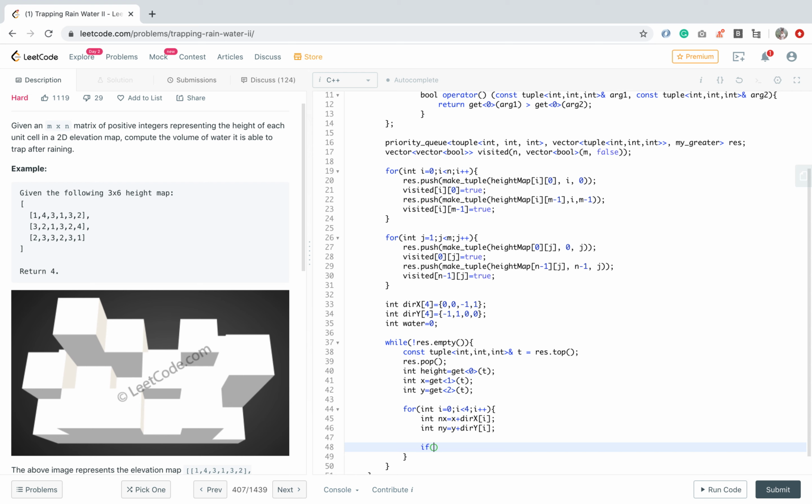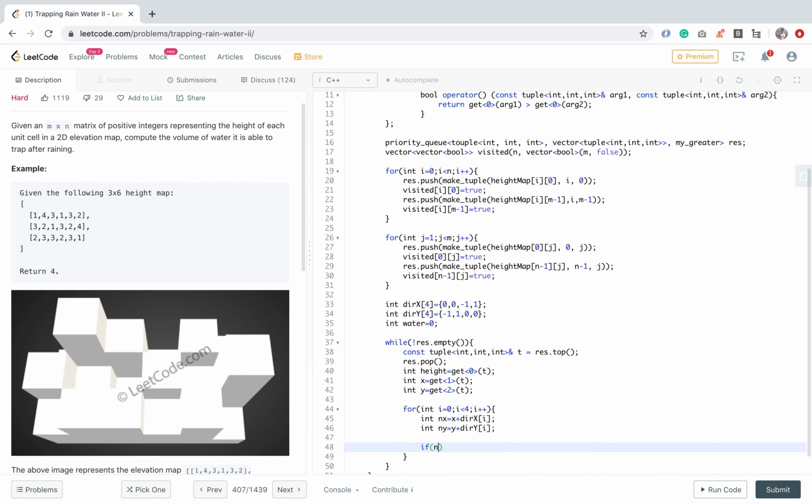Now we have to check whether this nx and ny is valid and whether it has not been visited earlier. If it is visited, then we don't have to do anything. If it is not visited, then we have to get the water content that it can hold.